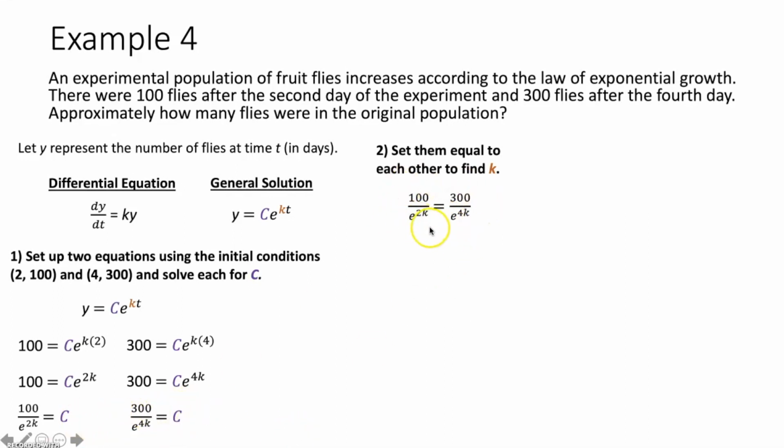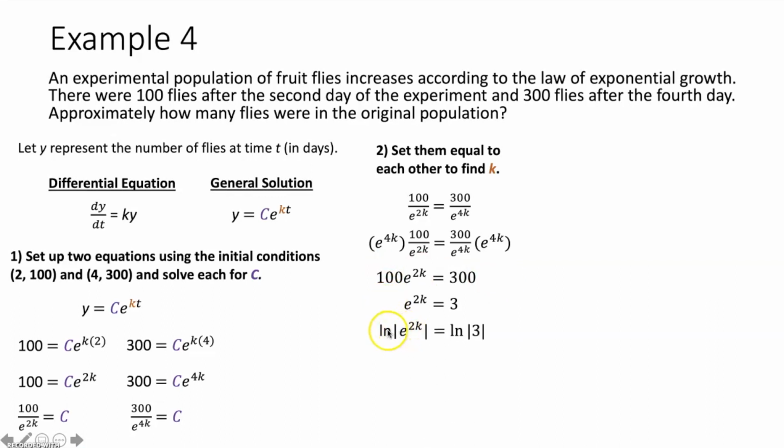So I now have created this equation that only has k in it, so I can solve for k. There's a bunch of different ways to solve this. What I'm going to do is get rid of the fractions. So I'm going to multiply both sides of this equation by the least common denominator, which would be e to the 4k. If I multiply both sides by e to the 4k, over here the e to the 4k's cancel each other out. Over here, e to the 4k and e to the 2k actually simplify, giving us just e to the 2k. So I get 100 times e to the 2k over here, which is 100e^(2k). Now I can solve for k by dividing both sides by 100, taking the natural log of both sides, ln of e, those two things cancel each other out, and I just get 2k is equal to ln of the absolute value 3.